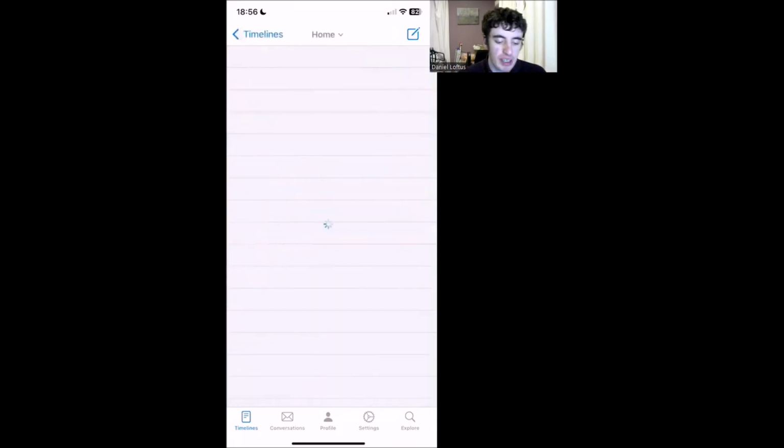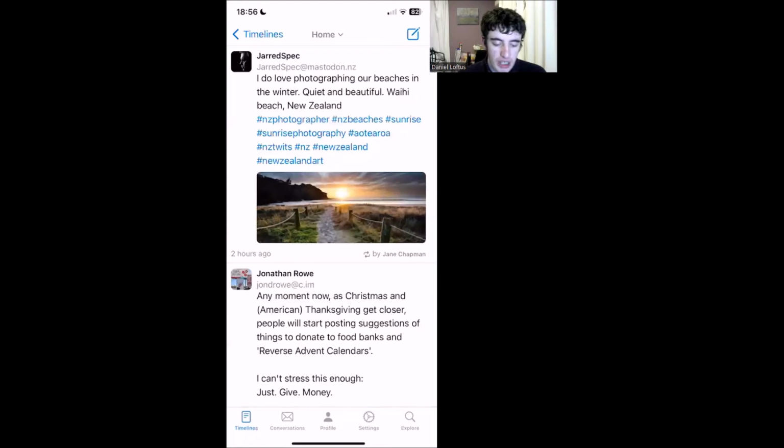So I'm going to go into my home. So I'm going to tap that and it buffers and then it shows up posts. So one thing that might strike you first is where are all the controls? And it's actually rather smart to me anyway. To see the controls and to do anything with a post on here, you tap it and then it shows up. So we can see that this post has no likes, 2 reblogs, no replies,